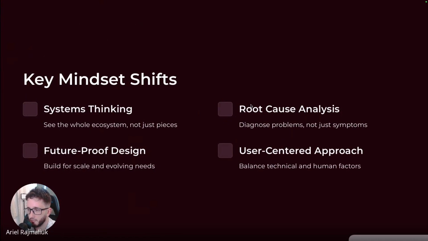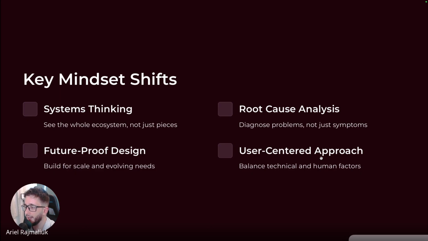To summarize, you need to think in systems, right? Not in just fixing one thing. Just think as a system. Find the root cause of what is happening. Try to do future-proof design. That means think of what the client is asking you now, but think that this might change in the future. So how can you do something that solves your client's problem now, but is not going to be a problem in 5 years? Okay. So try to do it in a way that is future proof.